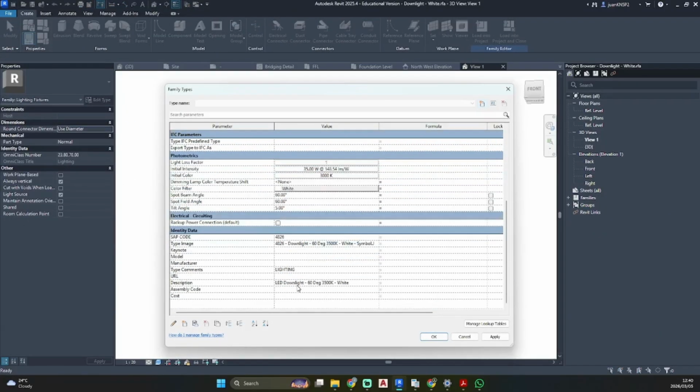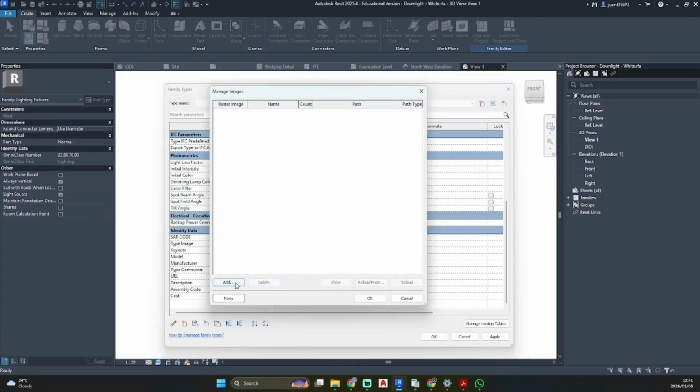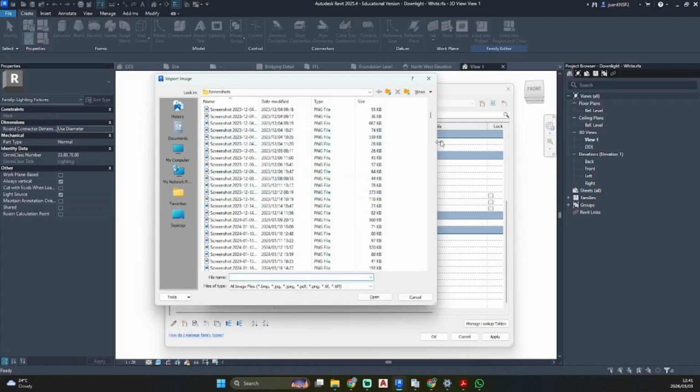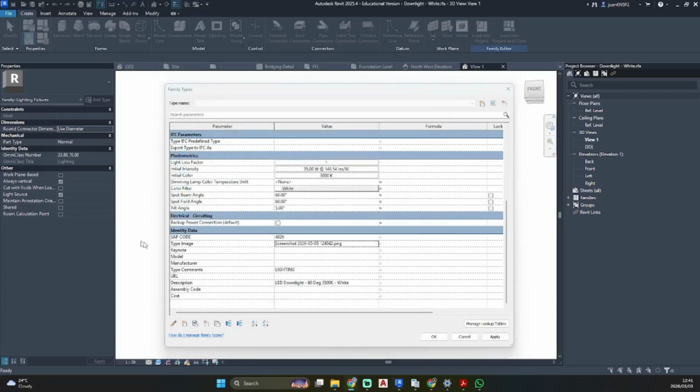I'm going to add type image, delete that one, add. Okay, going to add my URL. I could keep that at lighting. And now our description